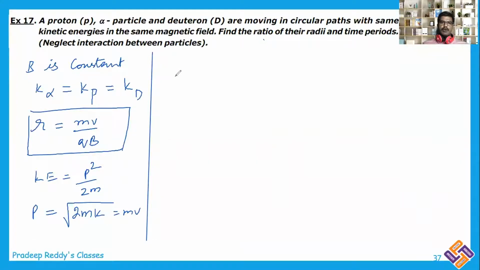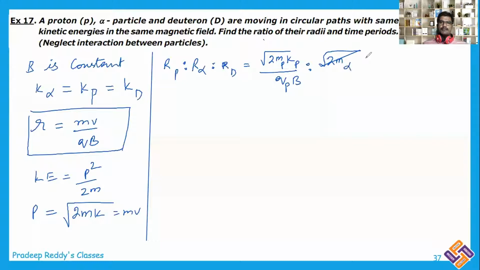Therefore, the ratio of r of proton to r of alpha particle to r of deuteron is equal to under root 2 times mass of proton into kinetic energy of the proton divided by charge of the proton into magnetic field, is to under root 2 mass of alpha particle into kinetic energy of alpha particle divided by charge of alpha particle into magnetic field, is to under root 2 times mass of deuteron, kinetic energy of the deuteron divided by charge of deuteron